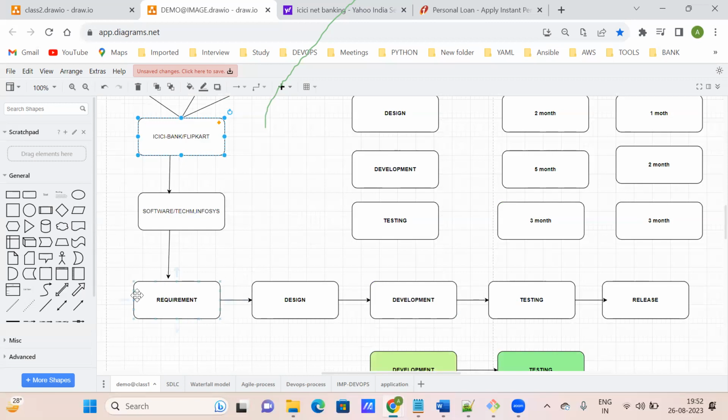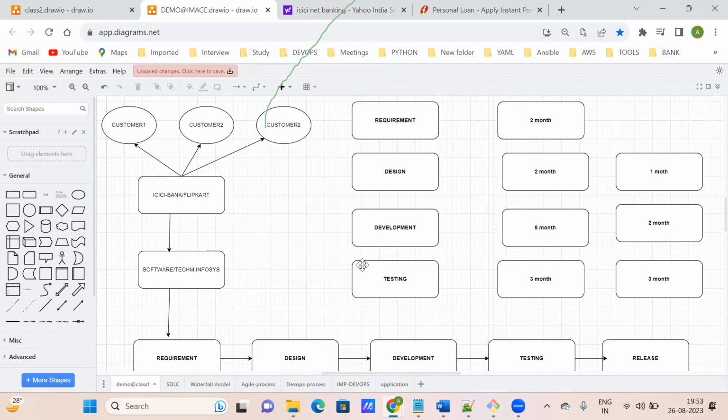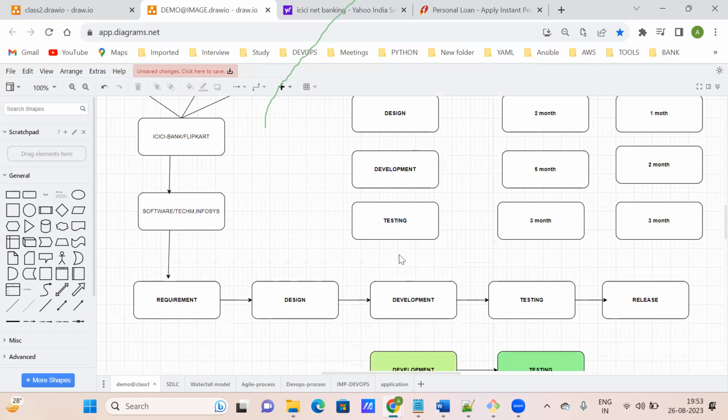Once one phase is going to complete, then they are going to start a new phase. So what is happening? Once development is fully complete, they are going to test it. That means development and testing people are not working parallelly. If you are not working parallelly, a lot of issues will come, and because of that your process is going to delay, or your project is going to delay. So that is the waterfall model's issue or disadvantages.